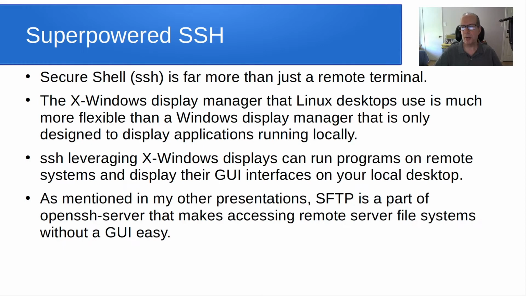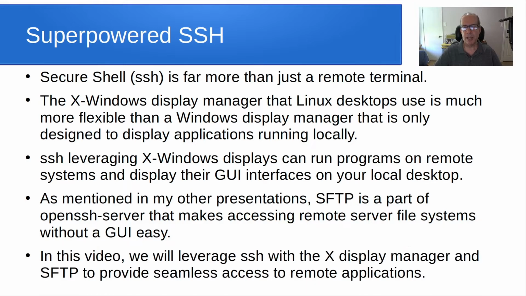As mentioned in my other presentations, SFTP is a part of the OpenSSH server that makes accessing remote file systems without a GUI easy. In this video, we will leverage SSH with the X Windows Display Manager and SFTP to provide seamless access to